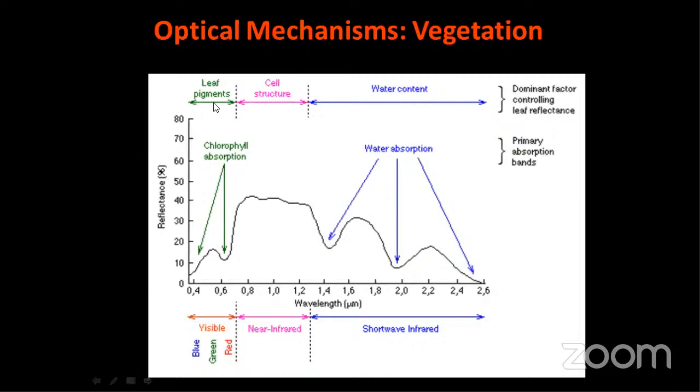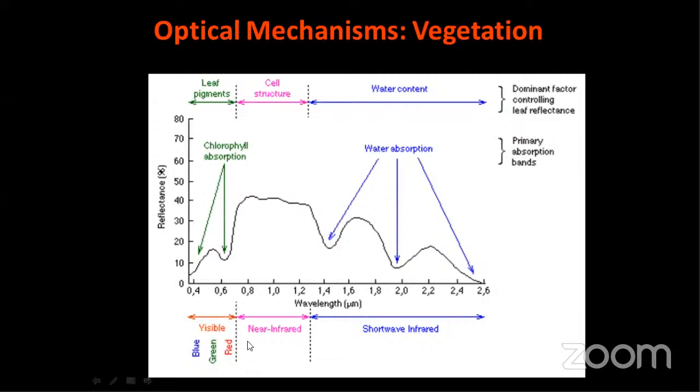So if you would like to analyze the vegetation chlorophyll or other vegetation pigments, you need measurements in these spectral regions. If you would like to analyze the cell structure, whether it is shrunk or flaccid, or what type of cells are there and how many layers are there, you need this particular domain that is called the IR region. And when you would like to analyze the water content of vegetation, you need the 1.4 to 2.5